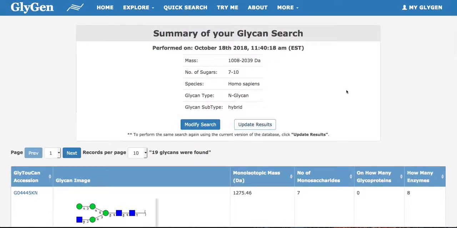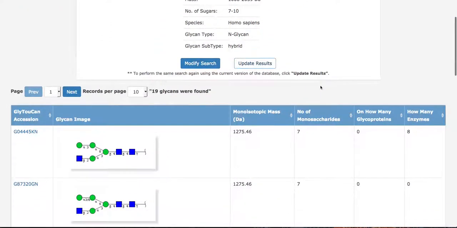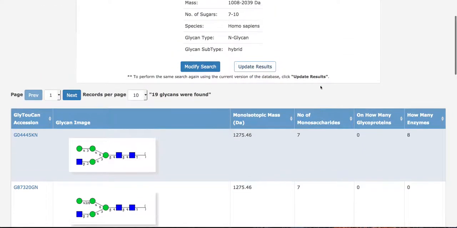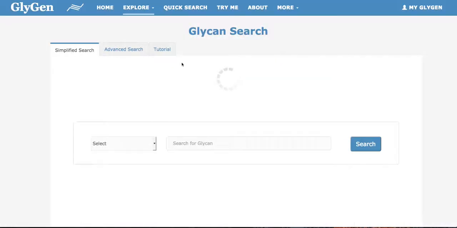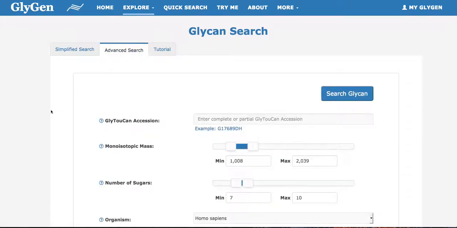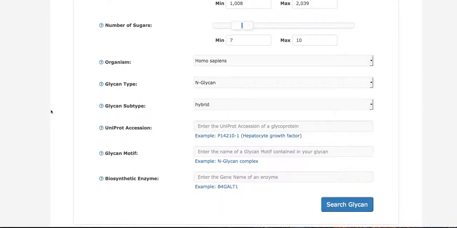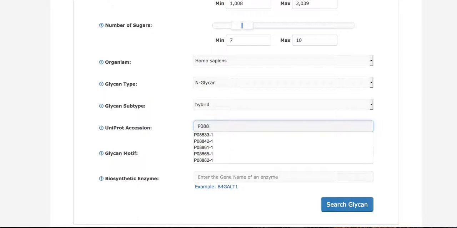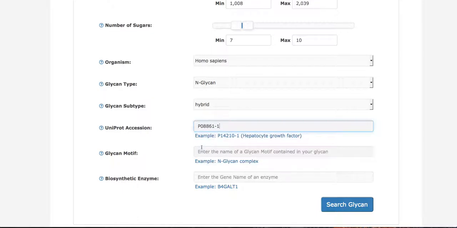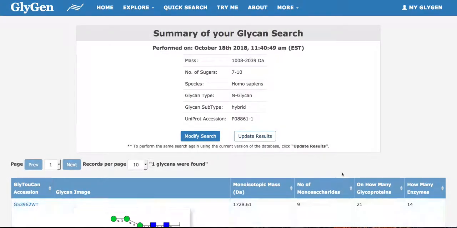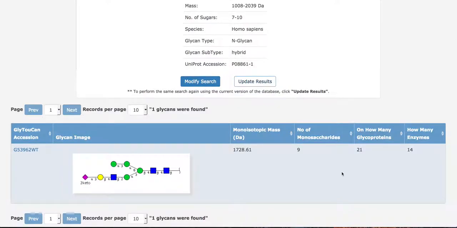This returns a list of only 19 glycans. Let's pare down this list a bit more. Click the Modify Search button. Say you are interested in whether the glycans in your list are attached to a particular glycoprotein, for example, an elastase called CELA3B. This has a UniProt accession P08861. So type that into the UniProt accession field and click the Search Glycan button. The result is a single glycan with the GlyTouCan accession number